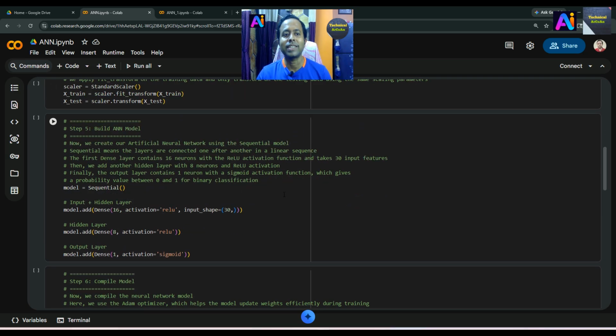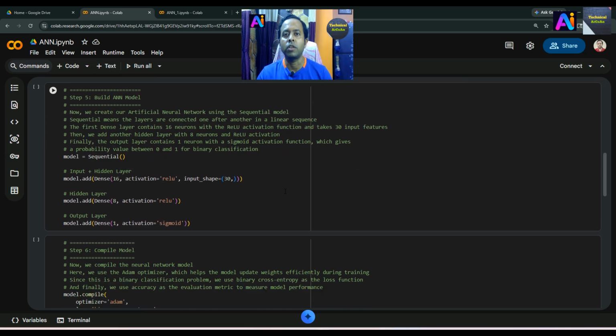Okay, and then step 5 is build the NN model. So now it's our first time building an artificial neural network. We create our artificial neural network using the Sequential model. Sequential means the layers are connected one after another in a linear sequence. The first dense layer contains 16 neurons. Just see, the dense layer is given 16 neurons, and here the activation function is ReLU